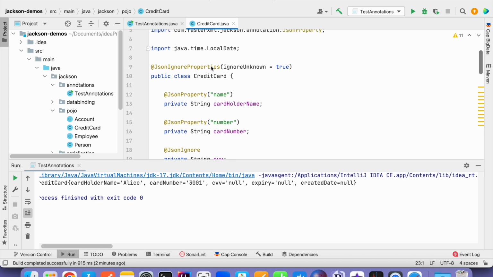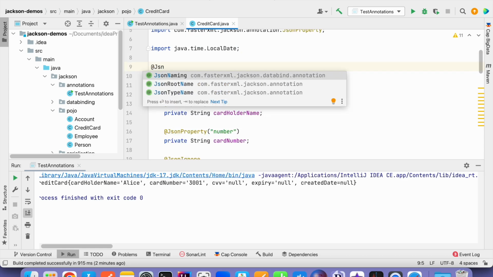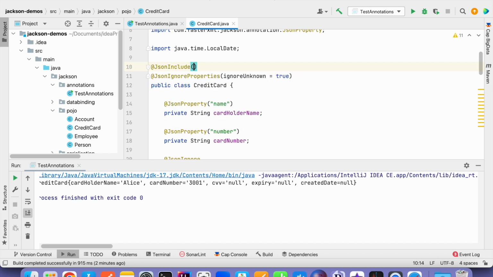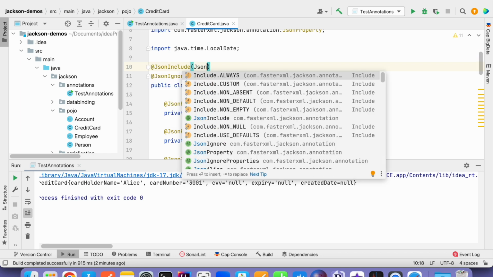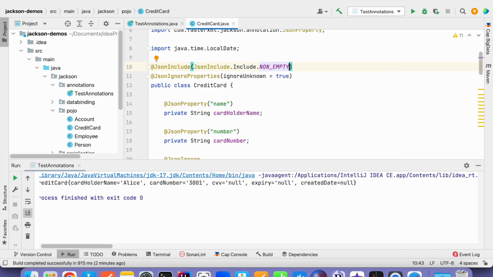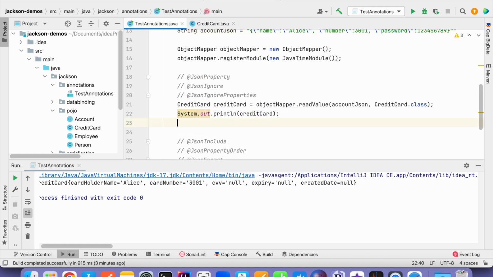Let's declare at the top @JsonInclude, JsonInclude.Include.NON_EMPTY. To simulate this one, let's suppose in our previous example we created one credit card from this